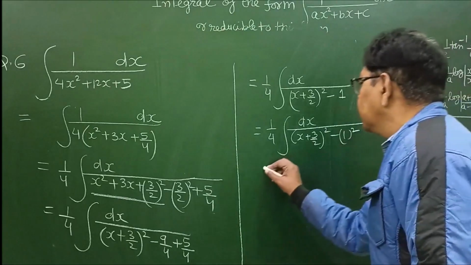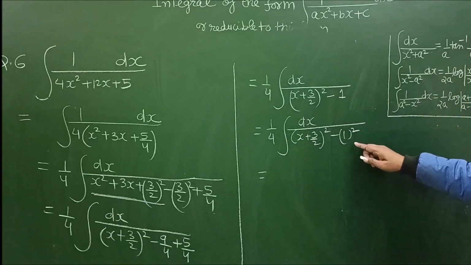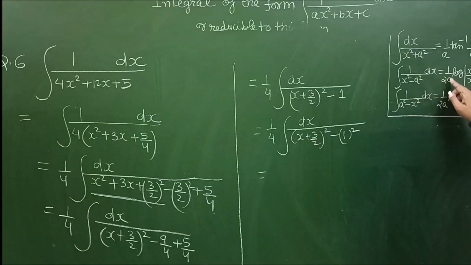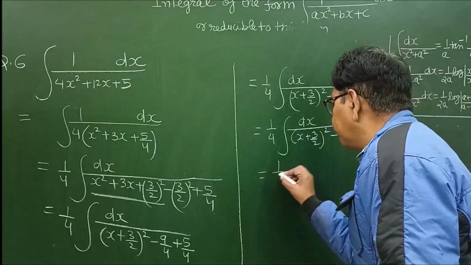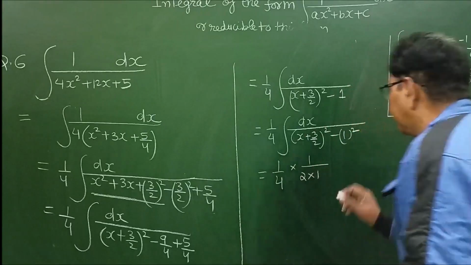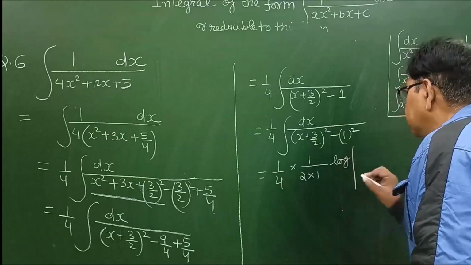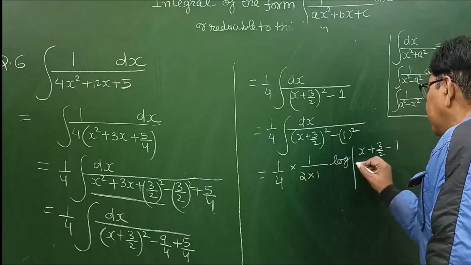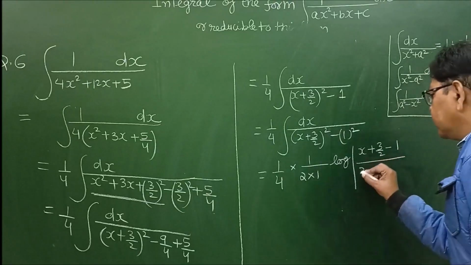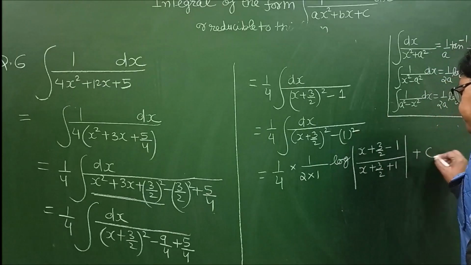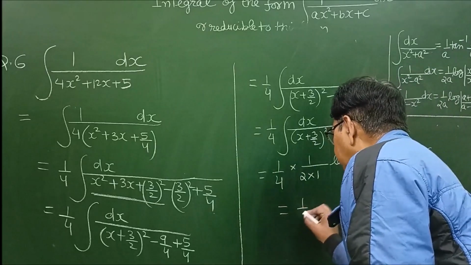Now this integral has been transformed to the form x square minus a square. So this is equal to 1 upon 2a log mod x minus a upon x plus a. So 1 upon 4 into 1 upon 2a, that is 2 into 1, log mod x minus a, x plus 3 by 2 minus 1, upon x plus a, that is x plus 3 by 2 plus 1, plus c, which is equal to 1 upon 8